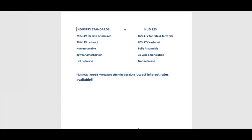Now, let's suppose you have commercial space in your building and it accounts for less than 25% of the total net rentable area income and 20% of the effective gross project income. You can refinance it to a HUD loan and you can get all the benefits that I just mentioned. And the lender will now treat you like an A credit risk as opposed to a B or C credit risk. Now, what if your property does not meet those requirements? Well, there are some ways that you can work around